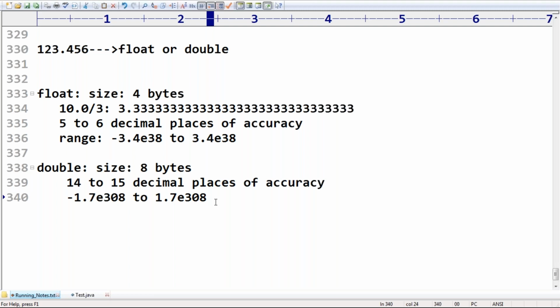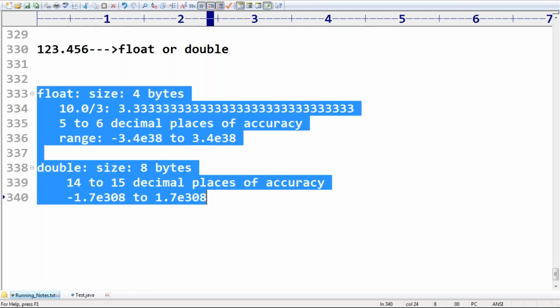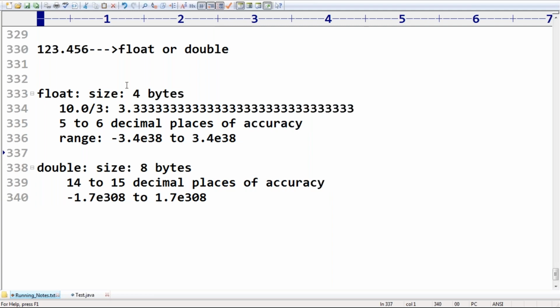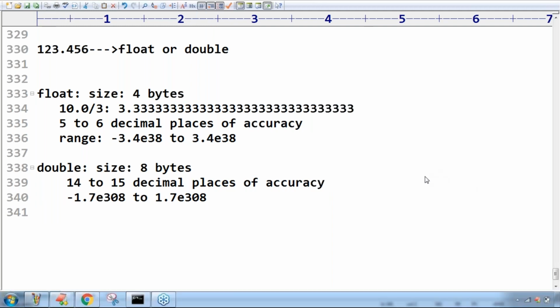Friends, that's all about float and double. You are not required to worry much about that. Just remember, float and double can be used to represent float values, the numbers with a decimal point. There are two data types, float and double. Float 4 bytes, double 8 bytes, like this, right? You should be aware. Swarup, are you getting what float 4 and double 8 mean? I hope you got that.